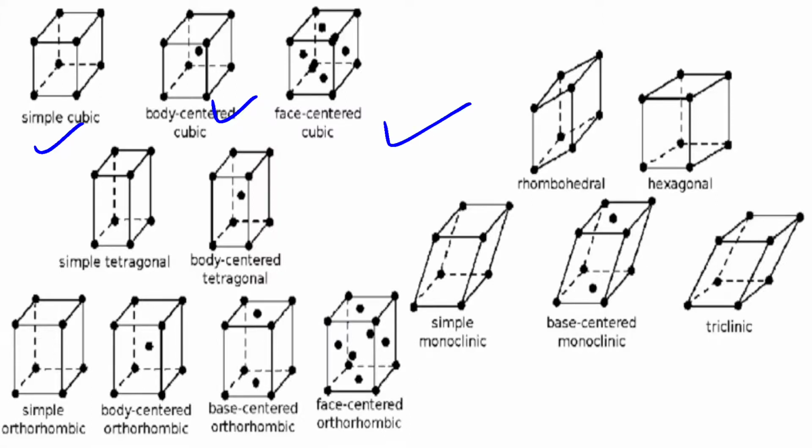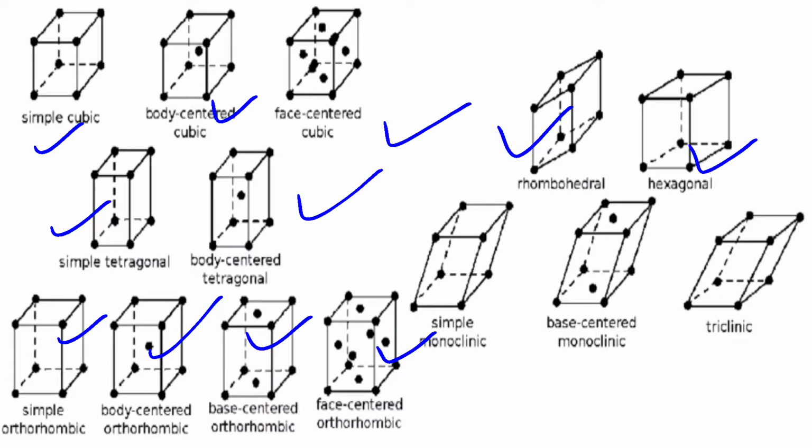Okay. Then in case of a tetragonal, we have a simple where all of them should be at the corners, right? And body-centered where corners and including the center of the body. These are the 2 variations possible. In case of an orthorhombic system, we can see that we have simple, we have body-centered, we have base-centered or end-centered and also face-centered, all the 4. Then in case of a rhombohedral, we can see that there is only primitive. Hexagonal, again we have only primitive, all corners are occupied.